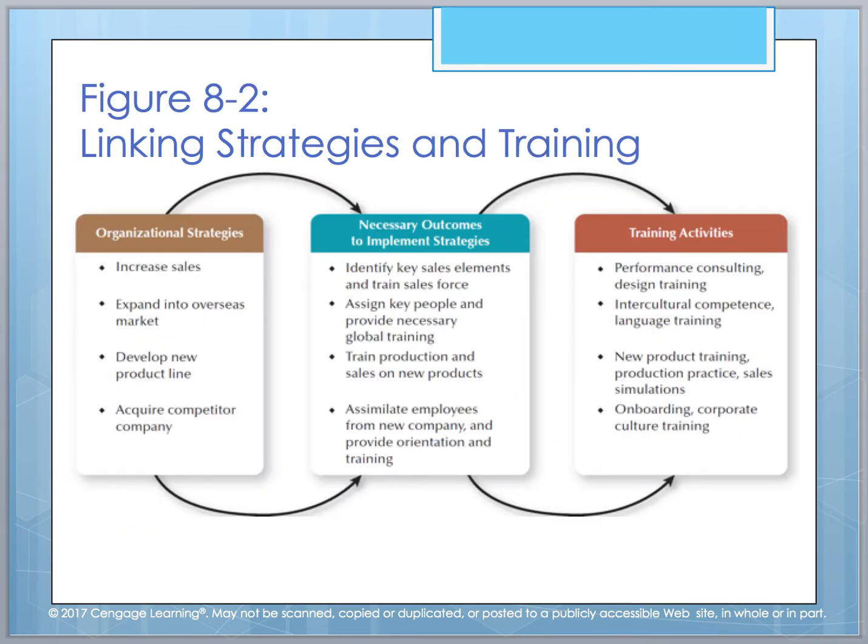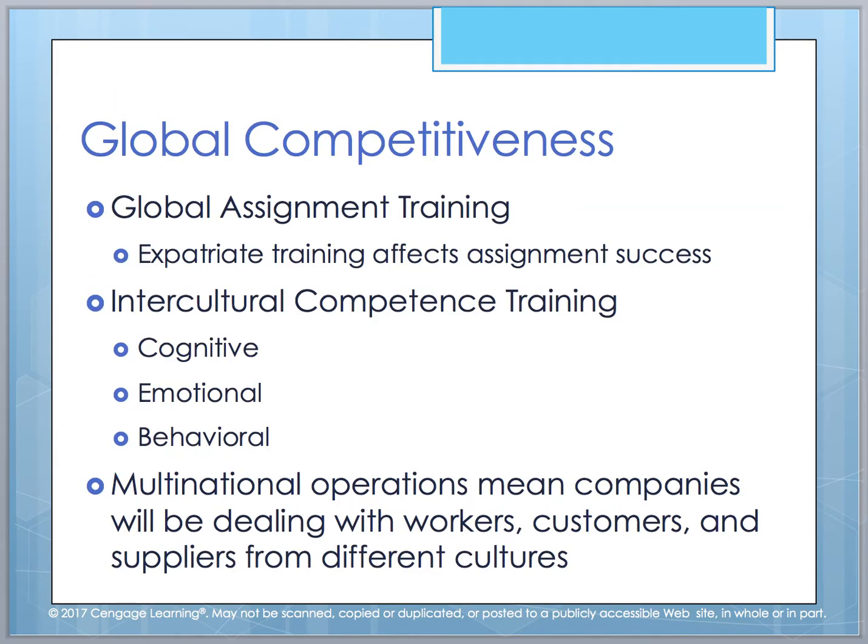So figure A2 shows you the linkage between this. You have your organizational strategies, and those cycle into the outcomes that are needed to implement those strategies. And then you develop specific training activities. And depending on what your strategy is, you can see what the activity needs to be. We have our market competitiveness, and then we have to look at where we stand globally. And so you create assignment training so that